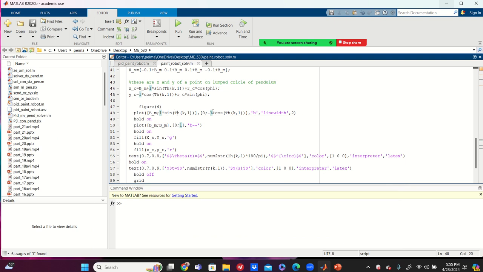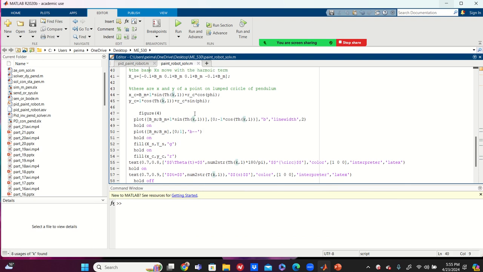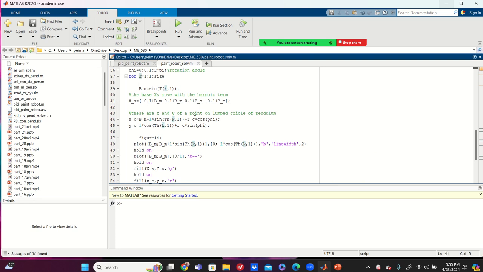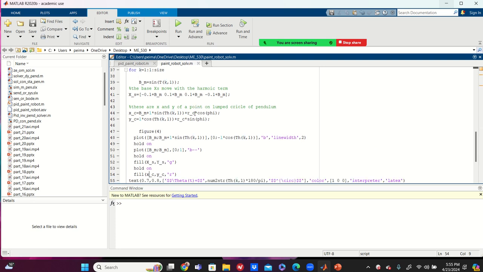Here we go. L sine theta. Oh, BM plus L sine theta. BM plus L sine theta. Here we go. Oh, that's good. X of S, we changed it. And the Y of S is the same. X of C, we changed it to